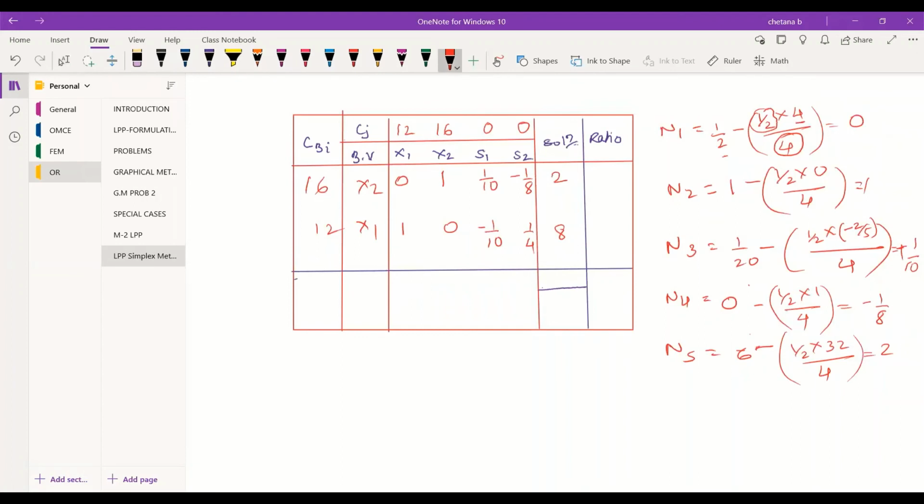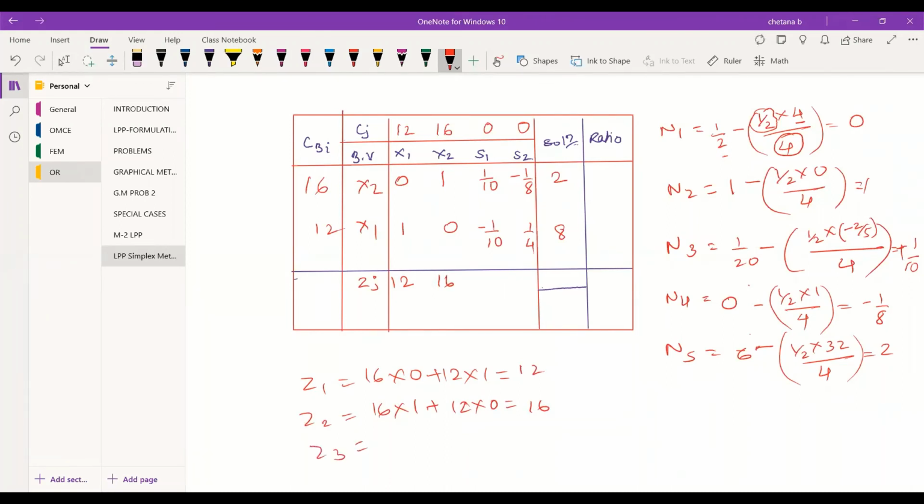Now comes the ZJ part. So 16 into 0 plus 12 into 1, that is 12. 16 into 1 plus 12 into 0, that is 16.